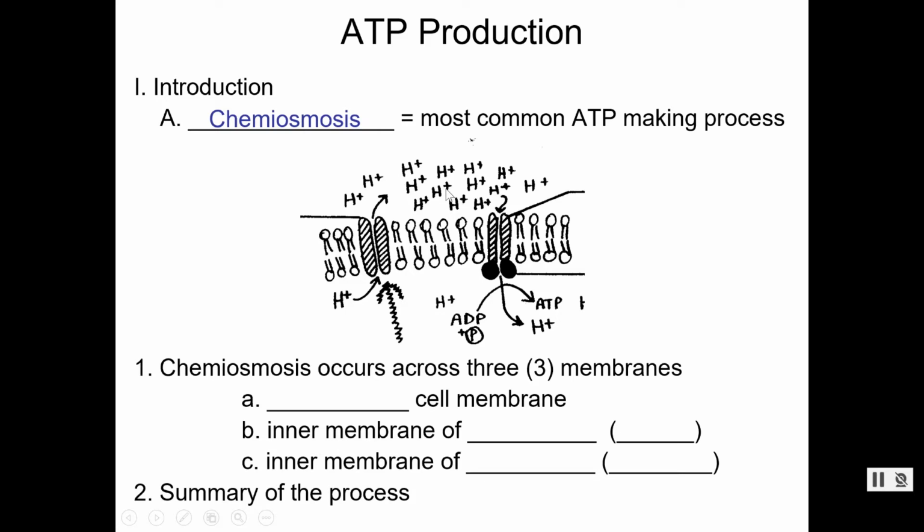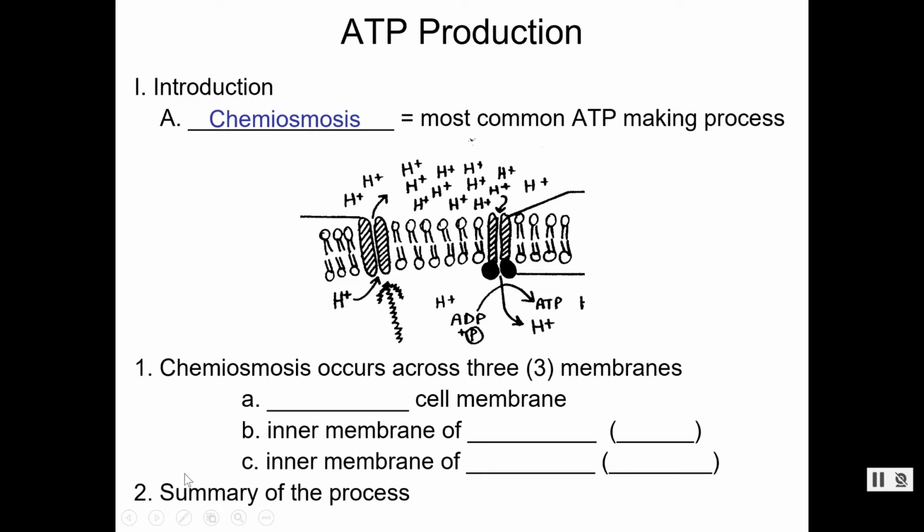Now, once they're outside, they desperately want to come back inside. They want to reach equilibrium. This is the cell membrane. They don't go very far. They stay right around the cell membrane. Because of the charge, they can't just go right through the membrane. They need to find a passageway or a channel. As soon as they find one where they can go through, they will do that. In this case, these are some integral proteins forming a channel, and these hydrogen ions are coming through. Nobody has to push them. We don't need any energy involved. They will come back through until they reach equilibrium, until the same amount are on the outside as the inside. So they are flowing freely through that.